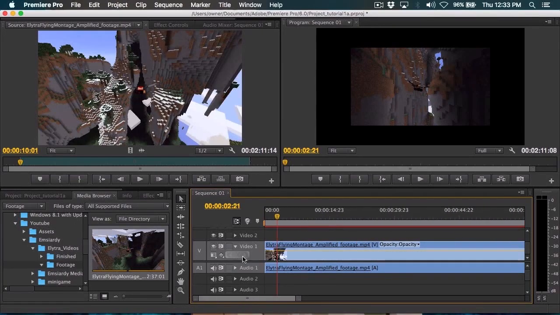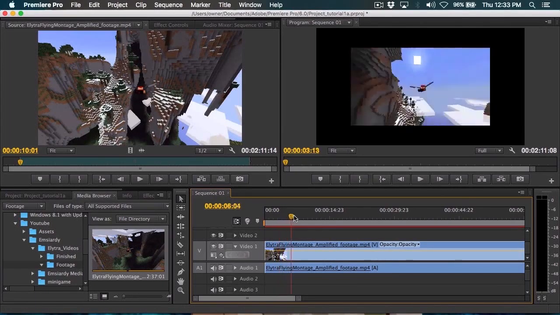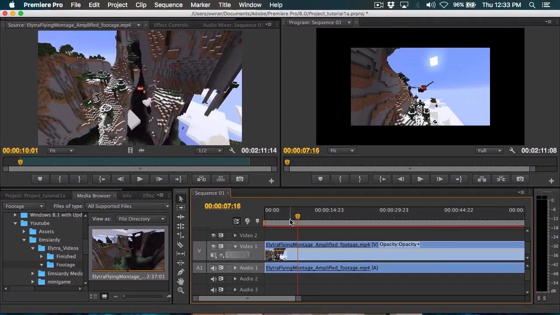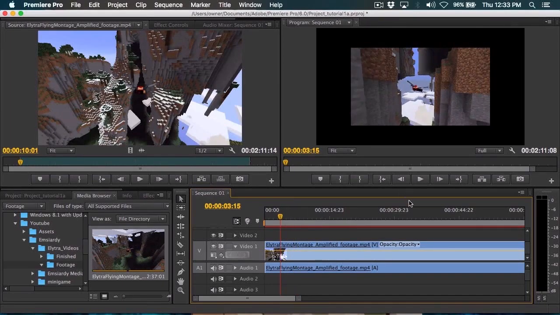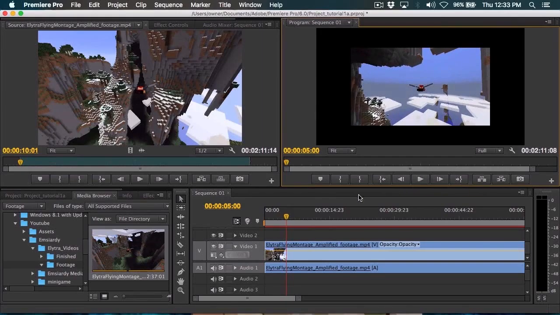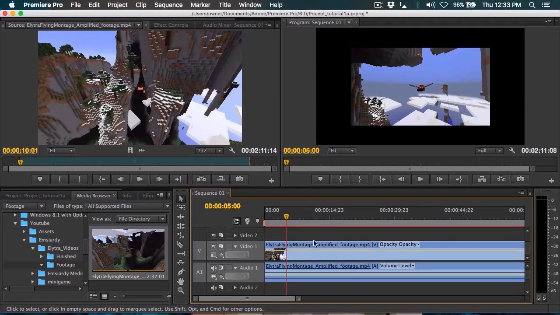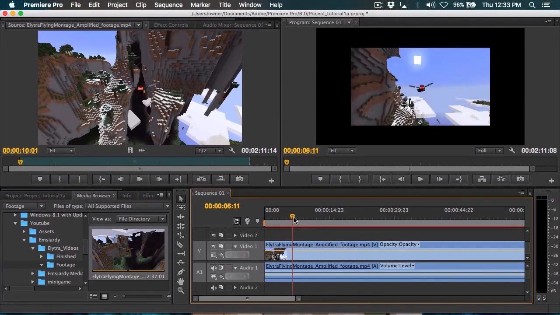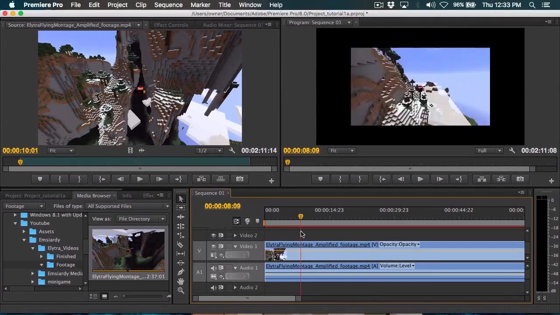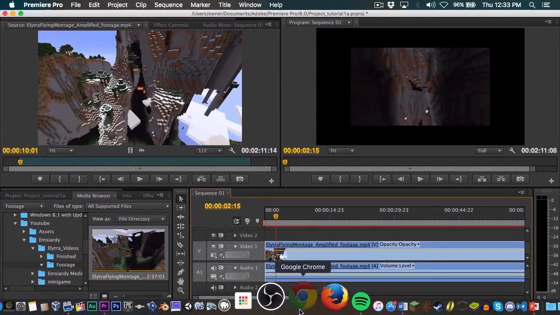Okay, so now that we have that out of the way, let's move on to the scrub bar. The scrub bar is basically how you preview video without actually going up and hitting play. Now this can be useful in certain circumstances. If you want to preview the audio, this has to be turned on, and we'll look over that later. But if you want to preview the audio without actually playing the clip, you can, and you can start to see where audio starts and ends. So if you have, for instance,